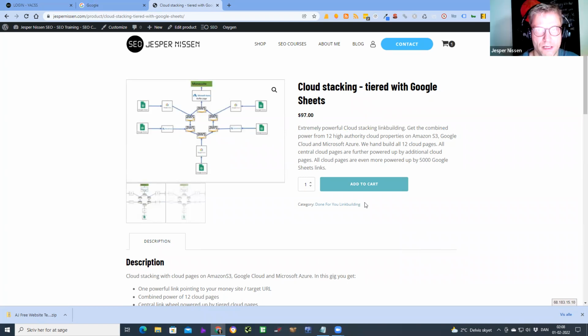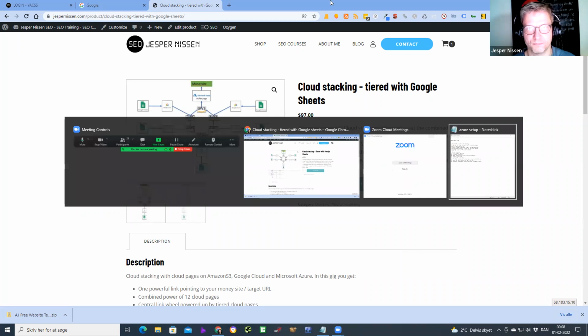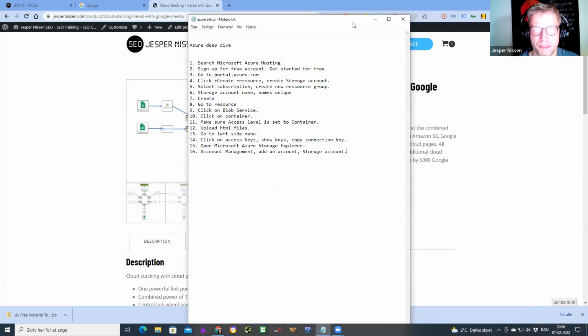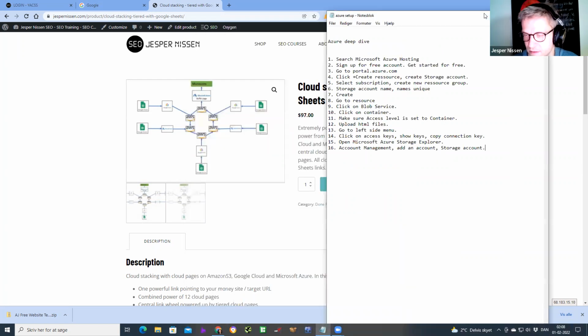Okay, so I'm going to talk about Microsoft Azure today. I made this recipe for myself because there are so many steps, and it's 2 o'clock in the night here in Denmark, so I was a little afraid that I would forget some of the details. So I wrote it down. I'll send this recipe to you after we're done, William, and you can upload it to the backend so that people also have it.